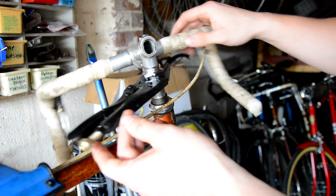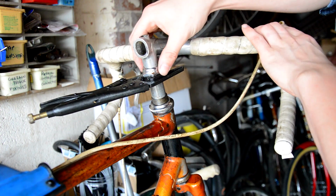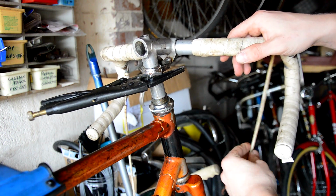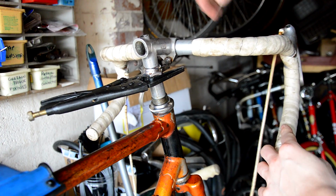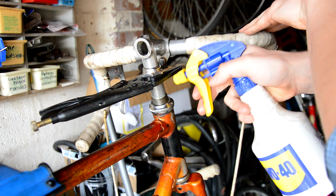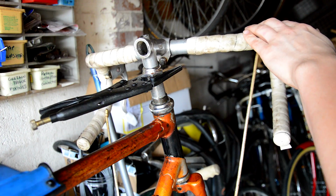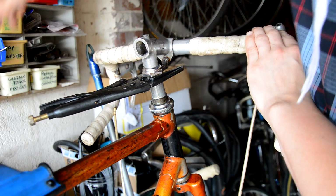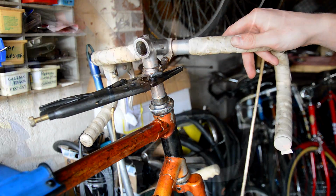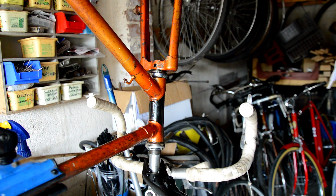But what I'd normally do in the case of this is, what I've done is taken the top nut off here, and I've just put these mole grips around it just to hold it out the way. And then I'd normally get some penetration spray or WD-40, you know, just spray it around here, just leave that over to soak for a few days. If that didn't work, what I would do is, next frame, if you flip the bike upside down, then